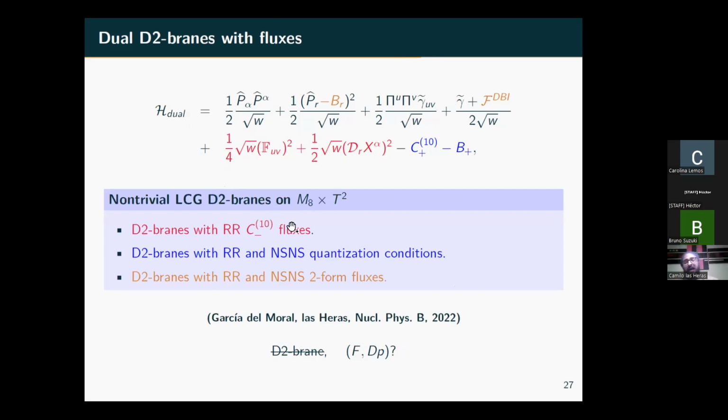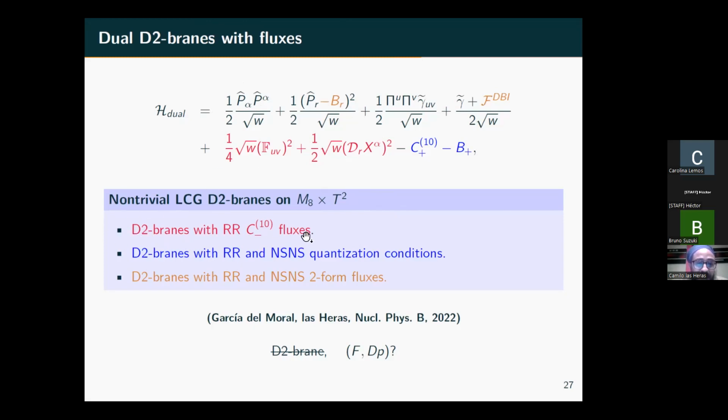We show that we were able to reproduce this Hamiltonian starting from 11 dimensions, but we also start from a standard D2 brane Hamiltonian in 10 dimensions, and we compactify 2 dimensions on a torus, and we ask ourselves which kind of condition we shall impose on this Hamiltonian in order to reproduce these Hamiltonians that were obtained from non-trivial sectors of M theory. And the answer is that the black terms are standard terms of a D2 brane